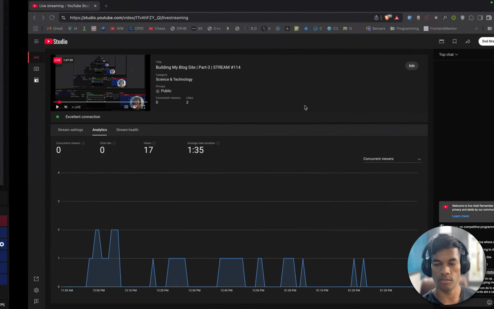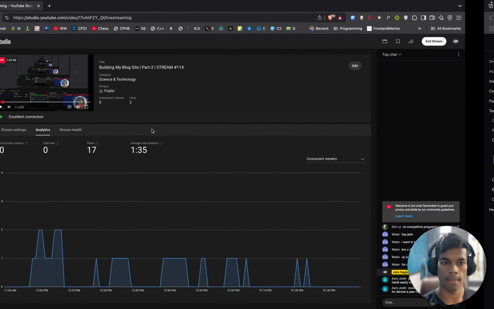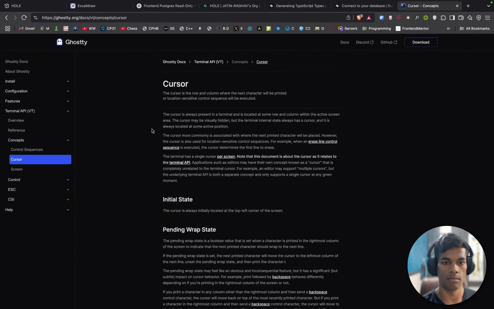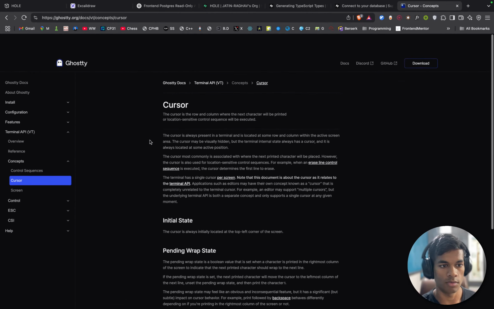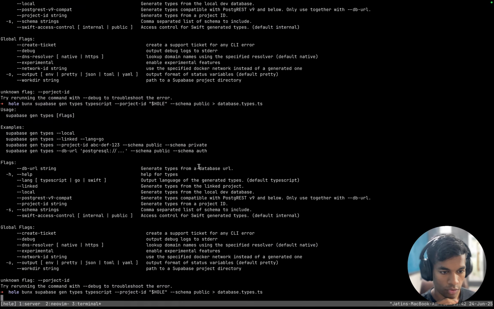The cursor is always present in the terminal, located at some row and column within the active screen area.